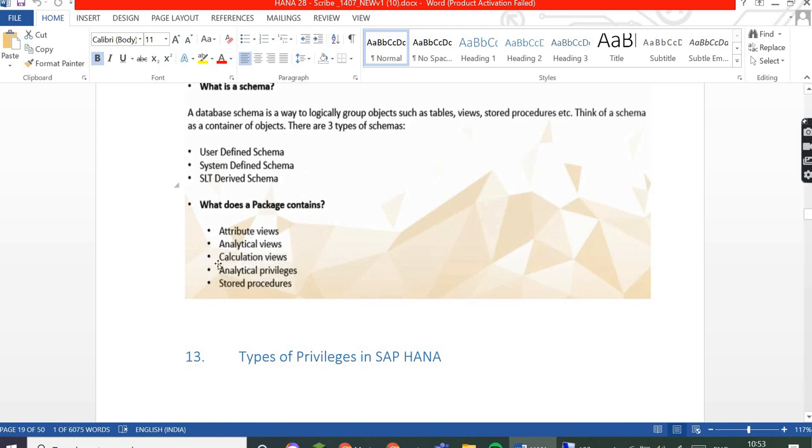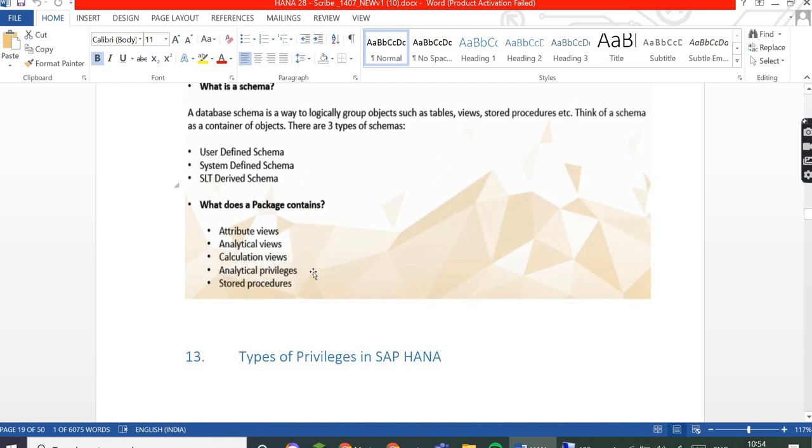All the mathematical functions, procedures, union, intersection will work in the calculation view.